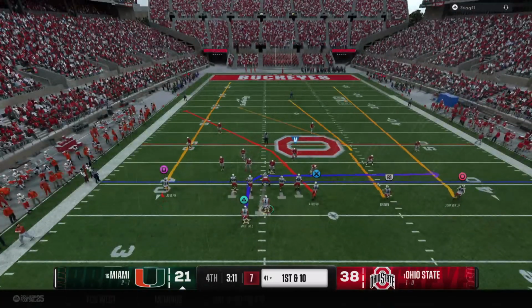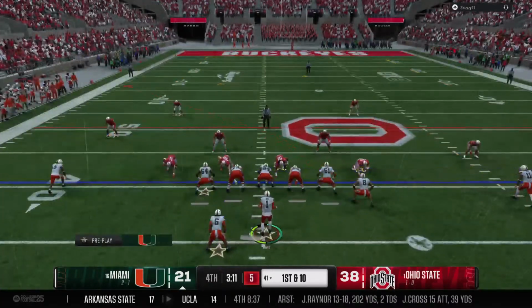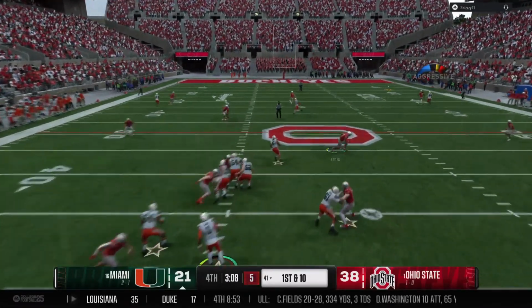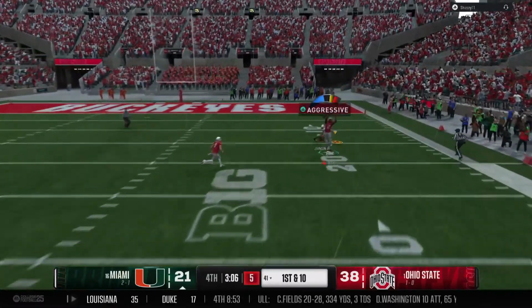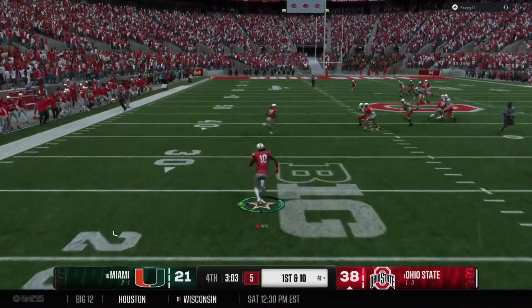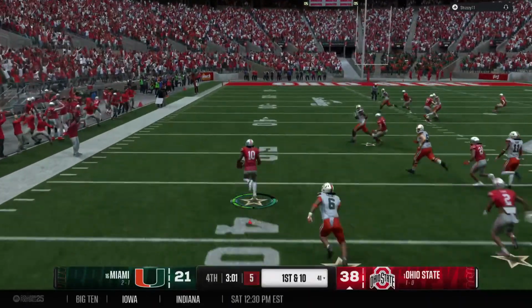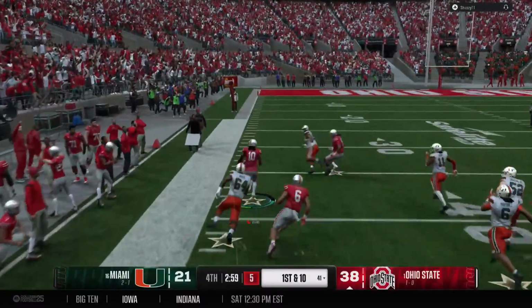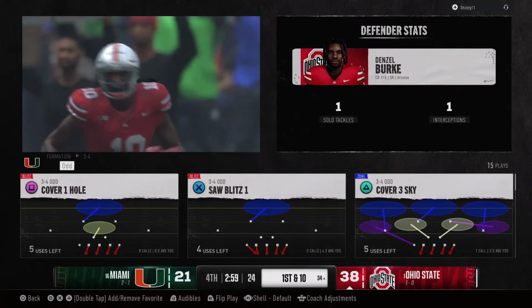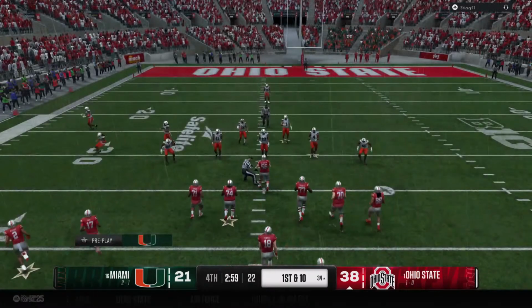After a big gainer on that first play, now they can really go for it on 1st and 10. He wants to throw. He's going to fire deep. And his 5th interception of the game, a miracle they haven't pulled him yet. He'll try to take it back. He's at the 40. He'll finally go out of bounds, but he was showing off all the skills after that